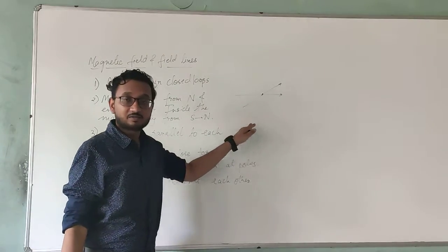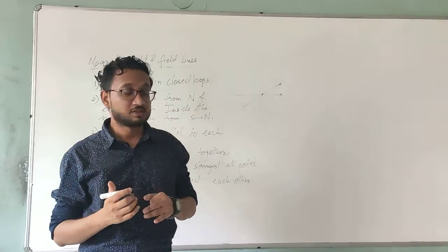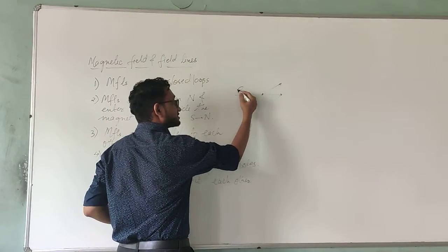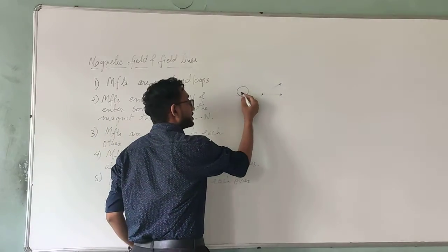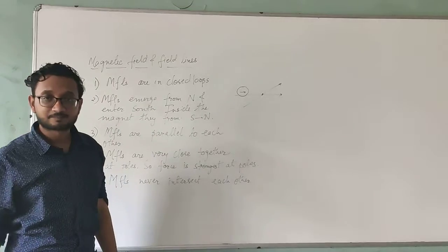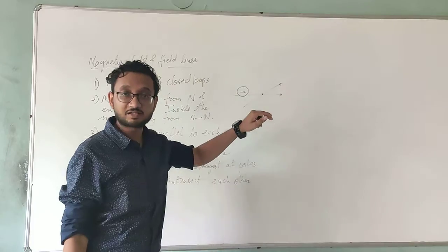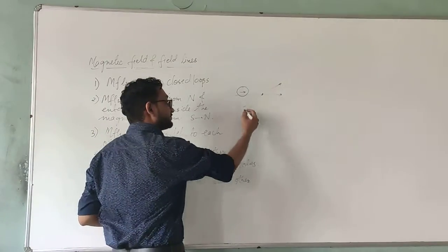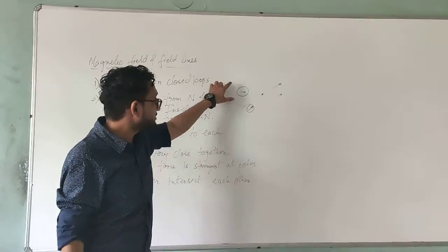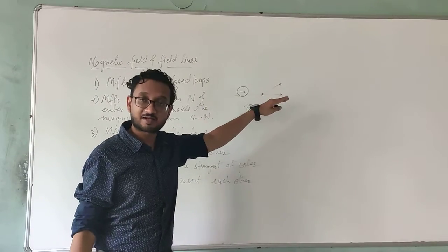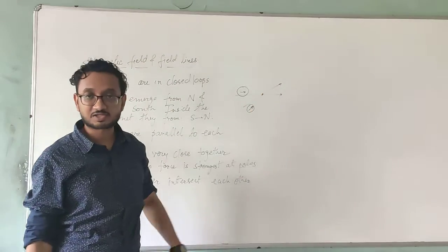Now if they are intersecting each other, then we will have a certain problem. Let's say that we place a compass over here, and we know that the compass needle always points in the direction of the magnetic field line. Correct? That means where the force is going, and this field line also indicates the direction of the force. So first we place the compass needle over here, and it is pointing in that direction. And this, once again, is a field line, so it is going to point in that direction.